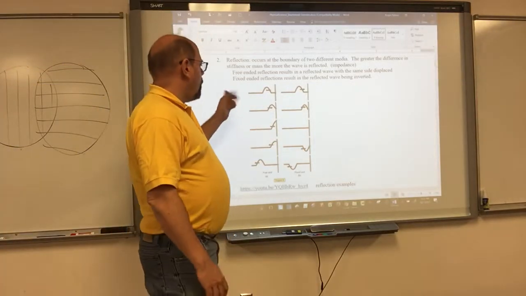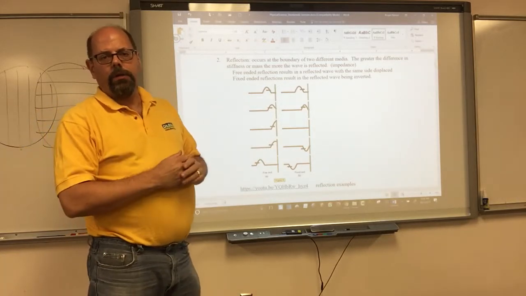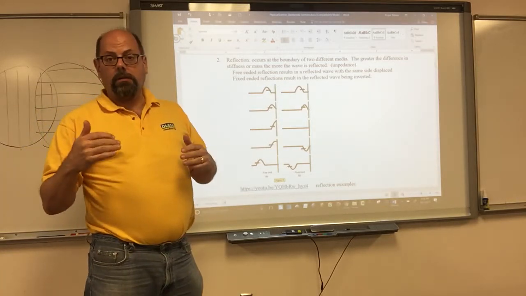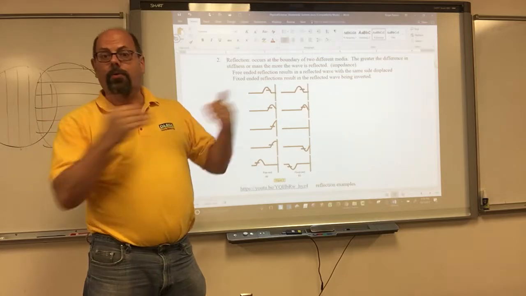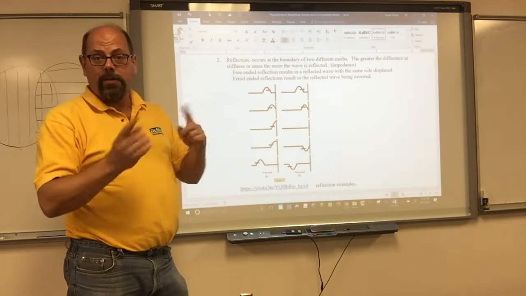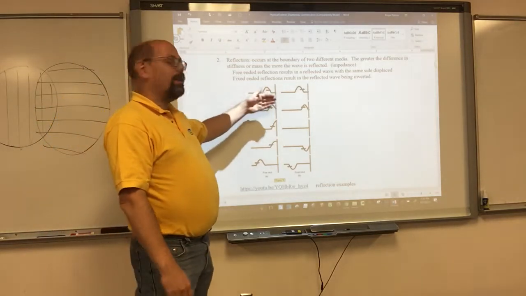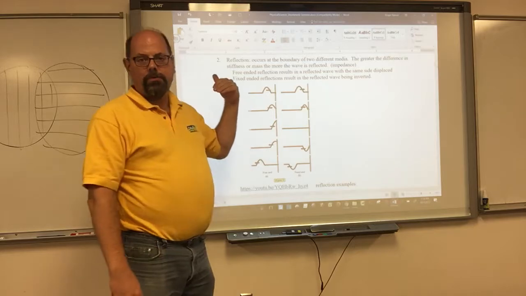Now, waves also have some properties that are intriguing. When they hit a boundary, it may not seem like a big boundary, but something that's more dense than what it was traveling in is going to change the speed. And the density difference between those two media is big. The bigger it is, the more likely all of the energy is going to just bounce off.